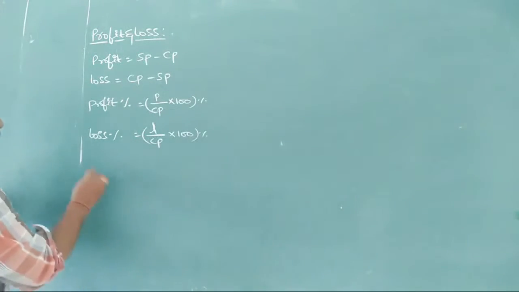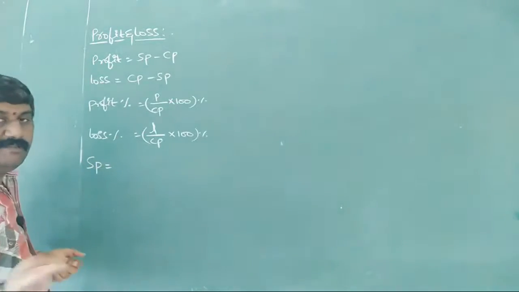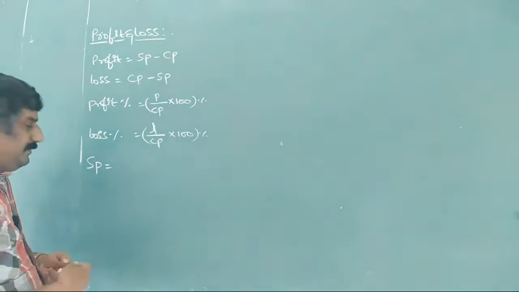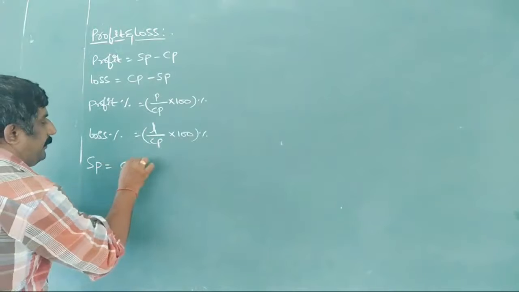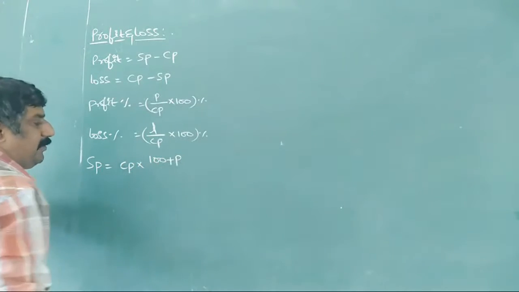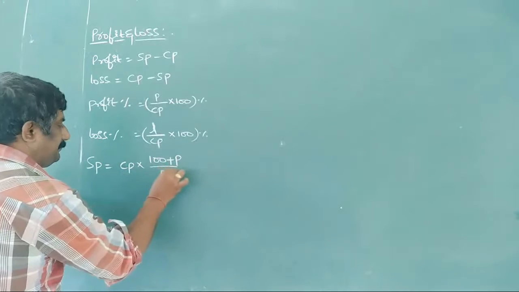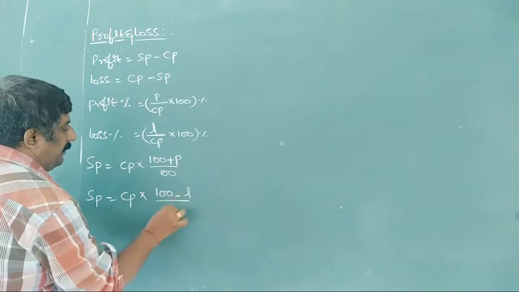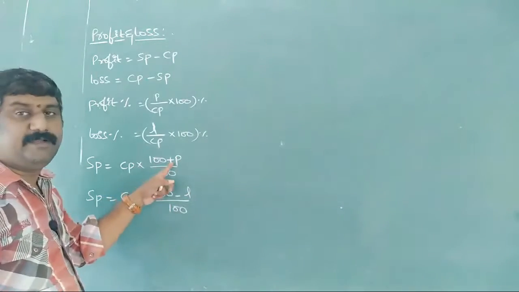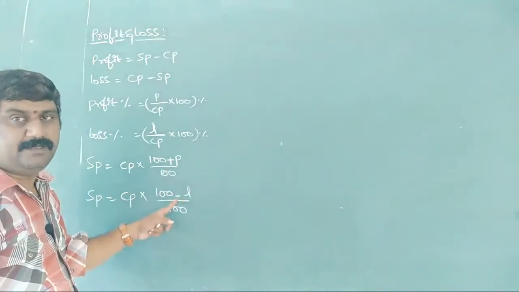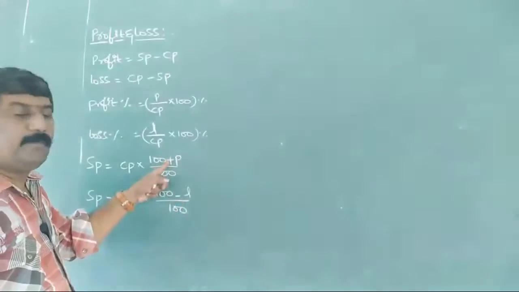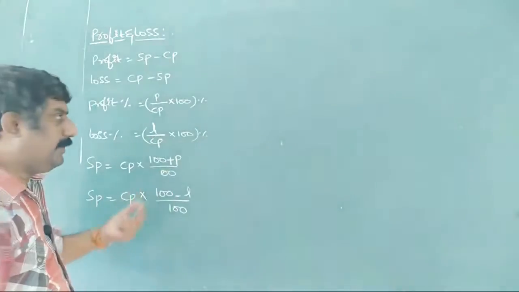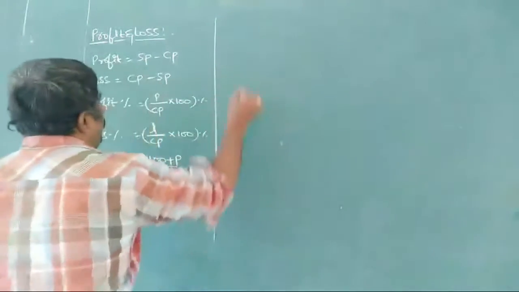And if you want to write, you can write the formula of SP also, like increase in percentage and decrease in percentage. Profit is increase in percentage, loss is decrease in percentage. So SP is equal to CP into (100 plus P) by 100 if profit. If it is loss, we'll write (100 minus L) by 100. Profit, more we are getting; loss, we are getting less. More means plus, less means minus. So these are the formulae we have in profit and loss. Okay, we'll discuss the problems here.